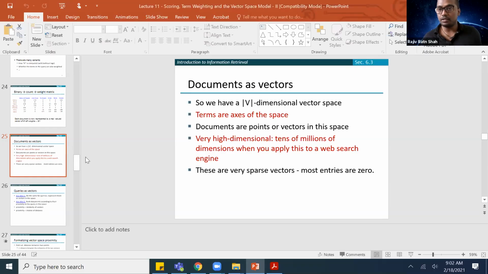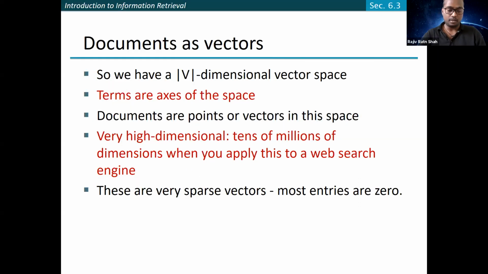Okay. So in the previous class, we discussed term frequency, inverse document frequency, how they are useful, why they are required, and how we can use the vector space model in order to represent documents in the vector space, or even the query in vector space. So just a quick overview.